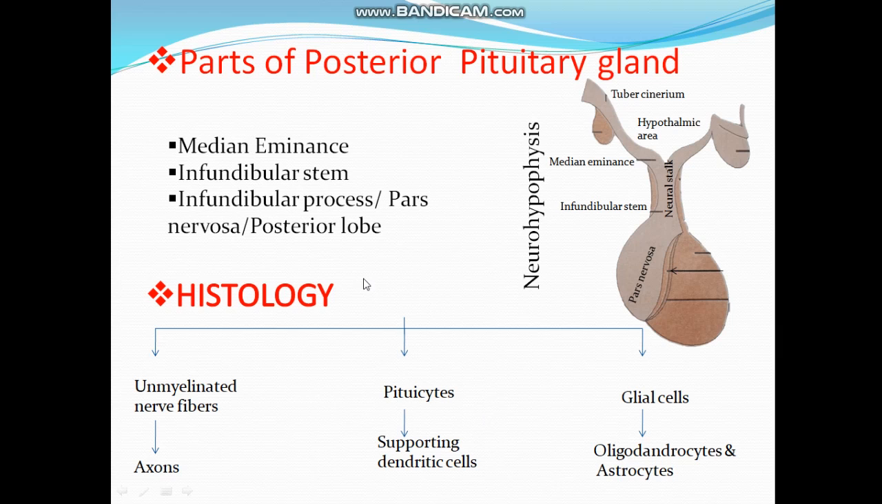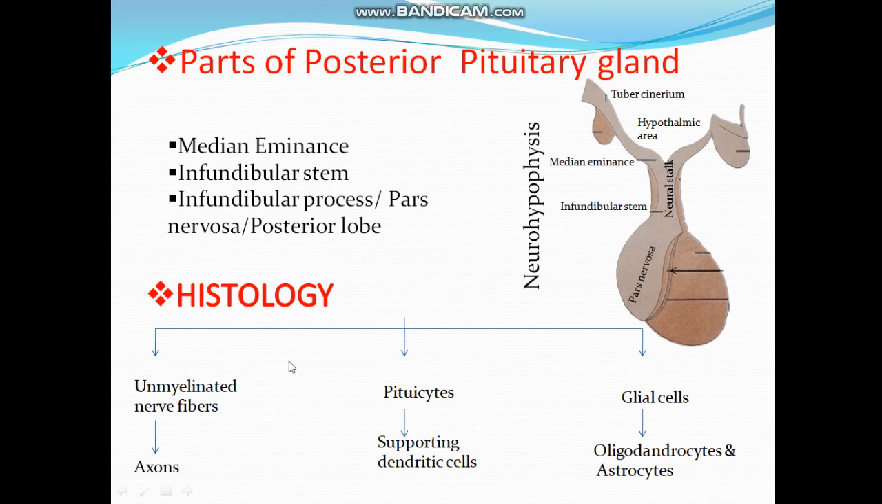So as we discussed earlier, the parts of the posterior pituitary gland. Now come to the histology of the posterior pituitary gland. The posterior pituitary gland is made up of unmyelinated nerve fibers. These are actually axons that come from the supraoptic nuclei and paraventricular nuclei of the hypothalamus, and the pituicytes that act as the supporting cells, supporting dendritic cells, and the glial cells like oligodendrocytes and astrocytes. So posterior pituitary glands are made up of two kinds of cells and axons from the supraoptic and paraventricular nuclei